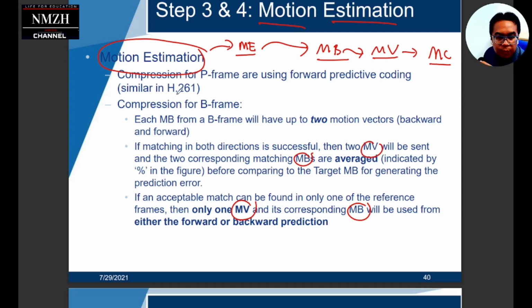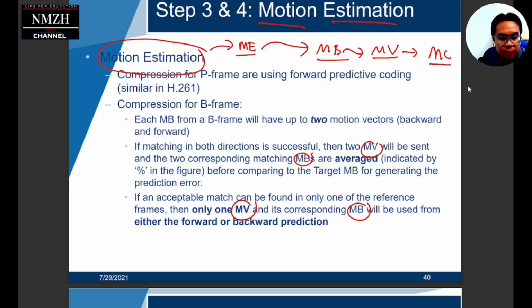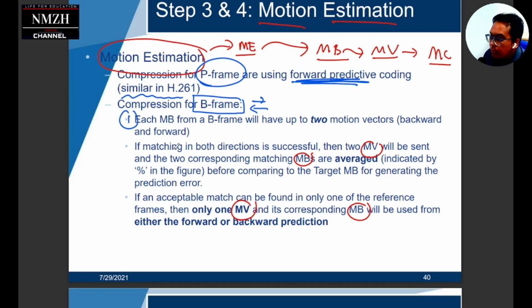Okay, so the most important thing here is the macroblock, whereby we can divide this for each compression type, especially this one, B, because B is bidirectional. It's quite important. Oppositely, F only uses forward. Okay, so in B, each MB, macroblock from a B frame, will have up to 2 motion vectors, backward and forward. Okay, this one is step number 1. Okay, so if matching in both directions is successful,